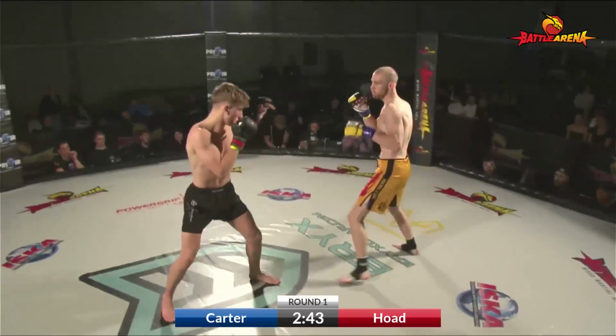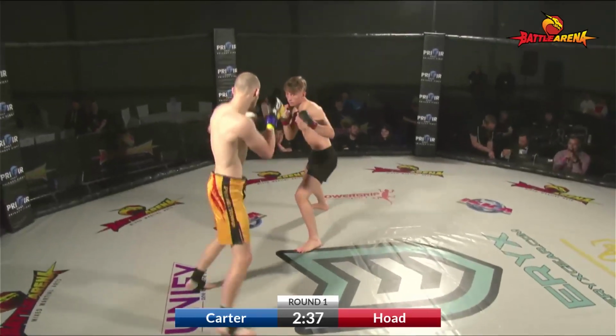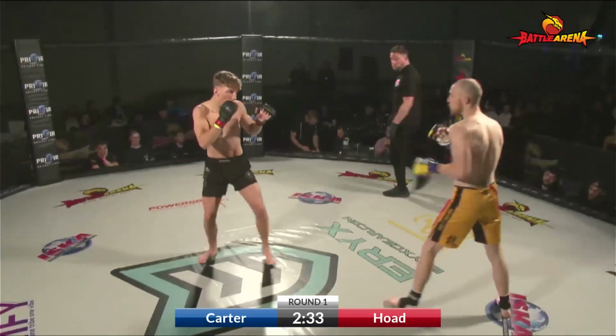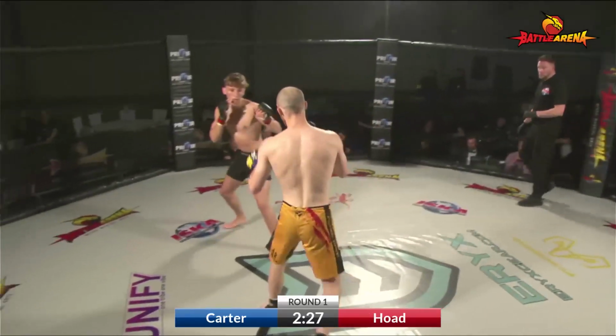You see much more of a feeling out process going to the body there. Yeah, this is great from Carter as well. We've seen him come out and look a little wild before, but he's looking really polished now. Just feeling out his opponent, looking for those tells, looking for the holes in his game. Jab to the body,